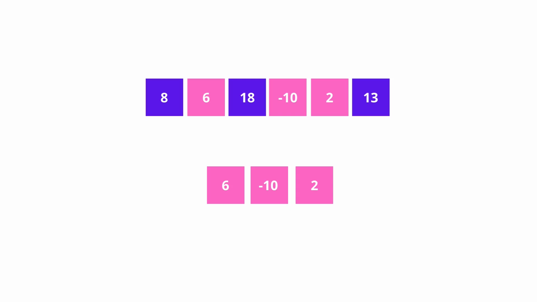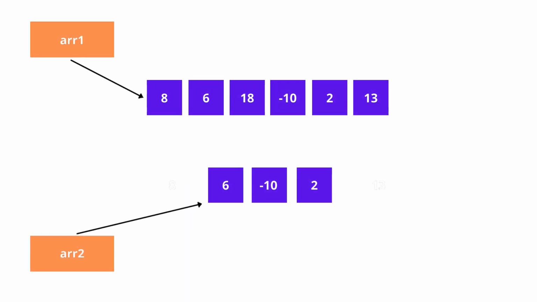And by looking at this example, we can clearly say that the sub array is a subsequence of the main array. Now I would like to suggest you pause this video here and try to write a solution on your own. I'll be right back in a couple of seconds. So I hope you guys have tried this.